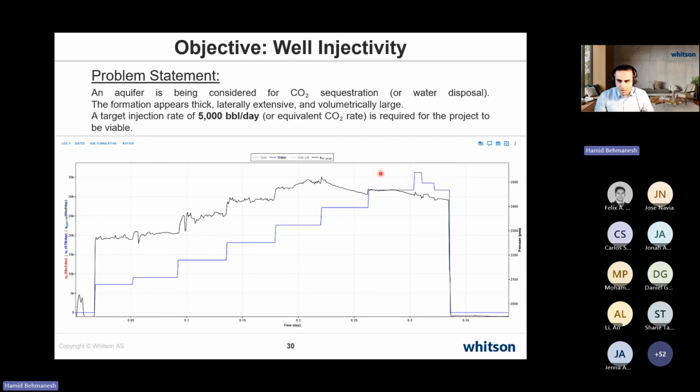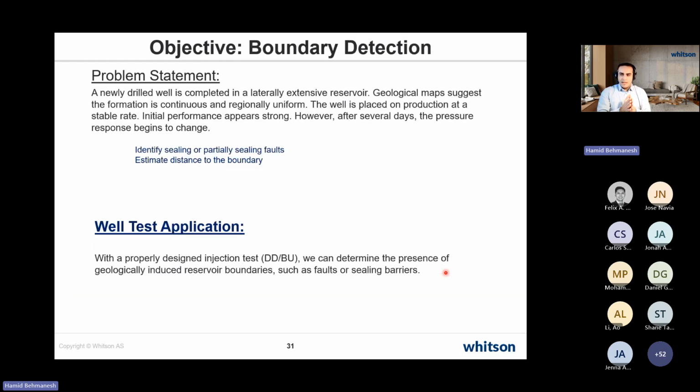We were somehow involved in analyzing this, and we're going to take a look at this injection and fall-off behavior when we review the examples. This is another example, looking to identify if there's any fault or sealing fault nearby, and if there is, what is the estimated distance to the boundary? By designing a proper test, we can address if we see any heterogeneity in the reservoir during the duration of the test. We can address the relevant distance to the location of